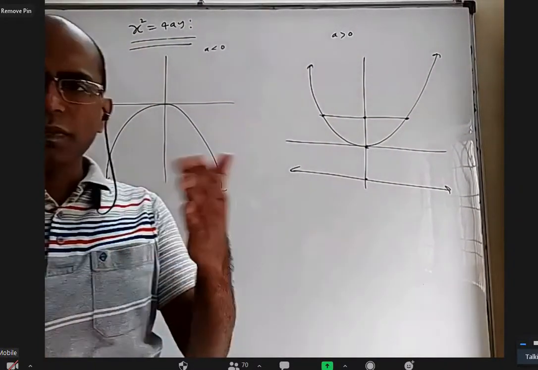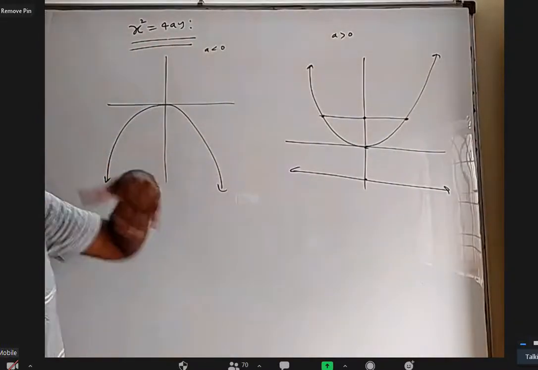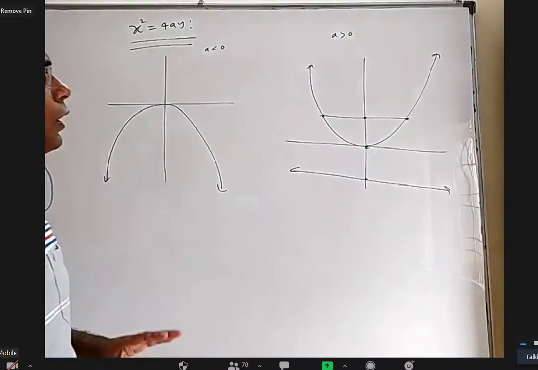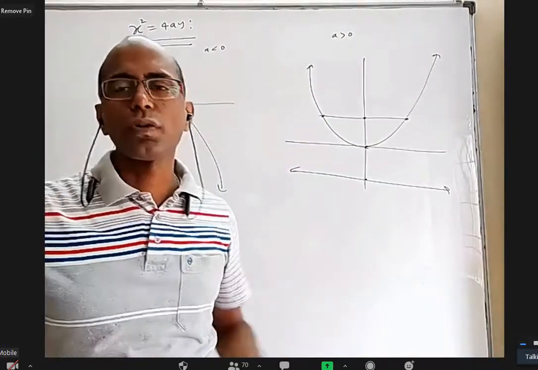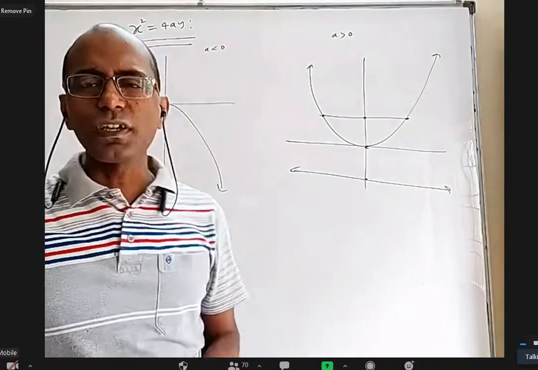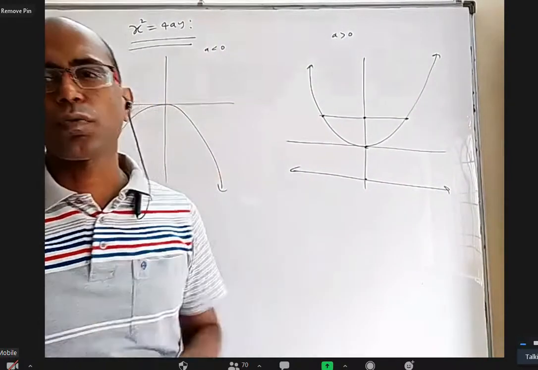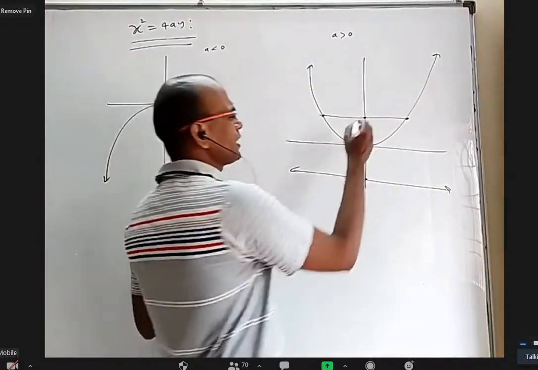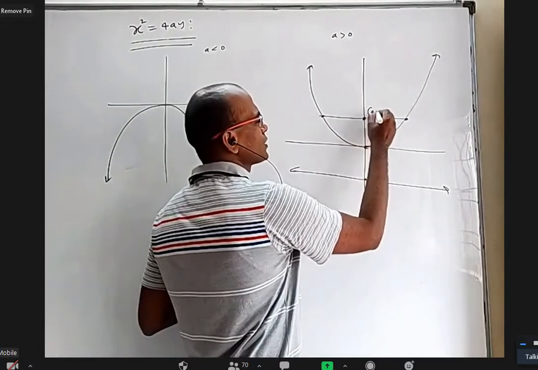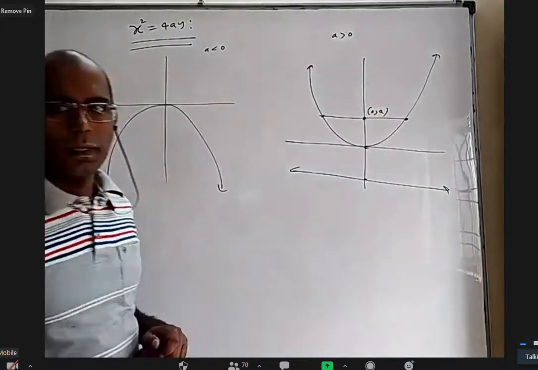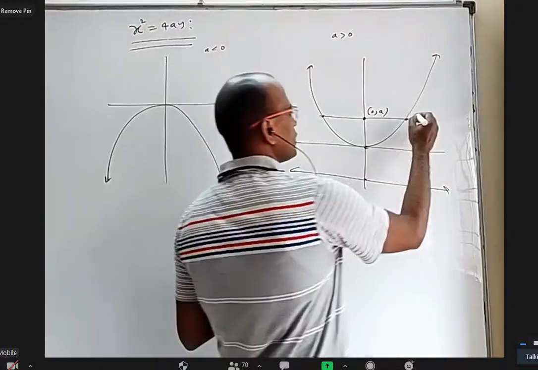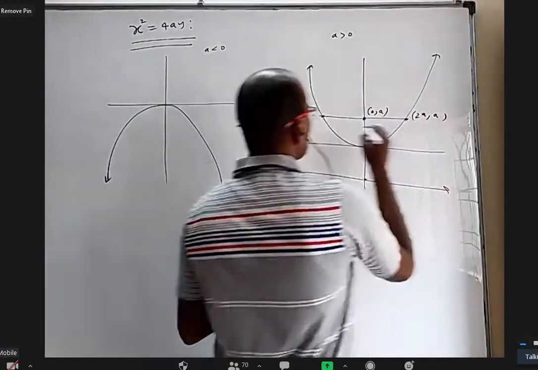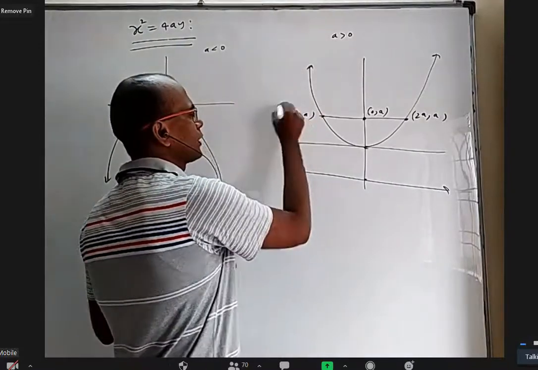That is the comparison between y square equal to 4ax and x square equal to 4ay. X became y and y became x. So now you take any point from the previous formula, just interchange the x coordinate and y coordinate. In any equation, wherever x is there, write y, and wherever y is there, write x. Like earlier, focus is a comma 0, now it is 0 comma a. Earlier ends of latus rectum are a comma 2a and a comma minus 2a, and now they are 2a comma a and minus 2a comma a.